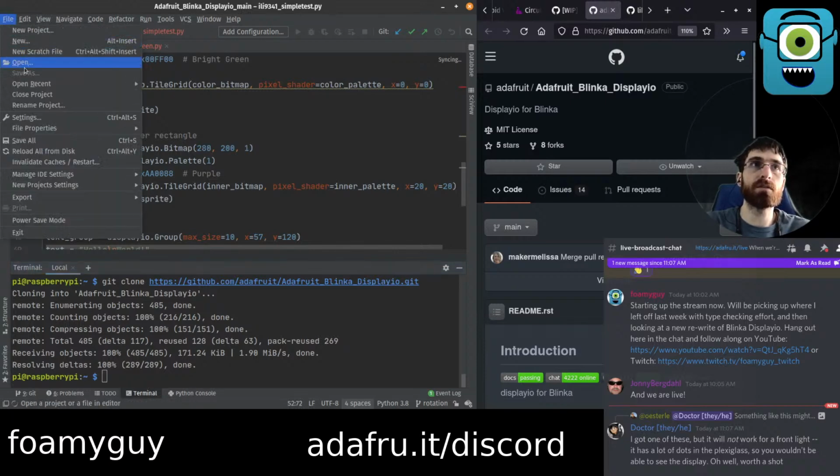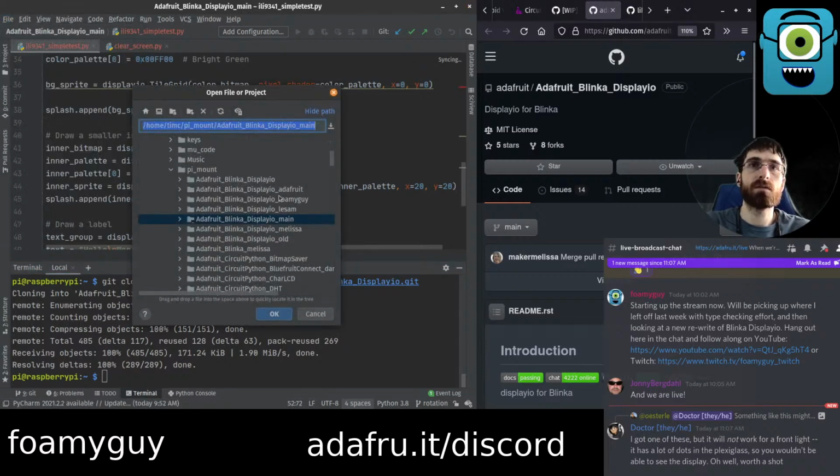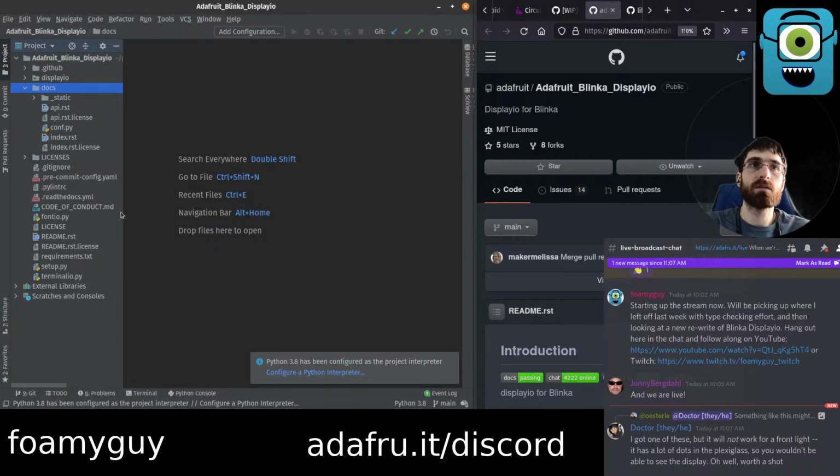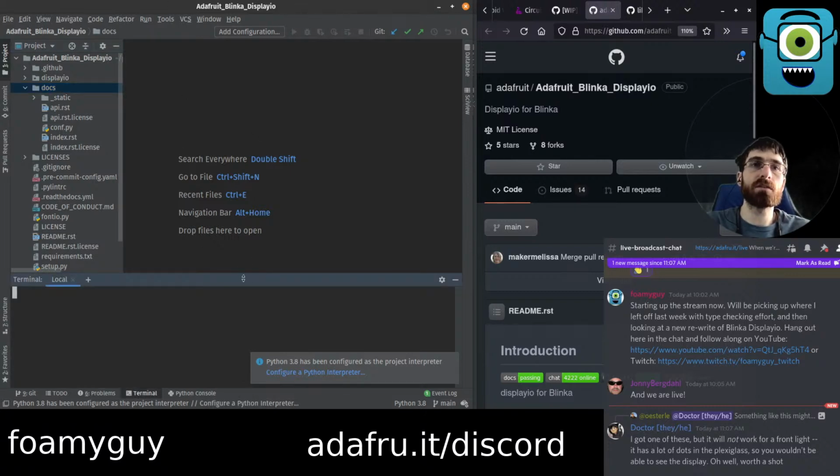And I'm gonna open that. You can see I have a bunch of copies of this. I need to clean them up, but okay. So now we have updated Blinka Display IO. So I'm gonna bring in